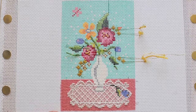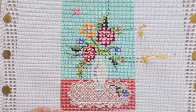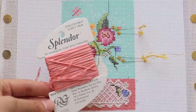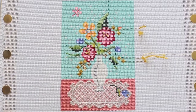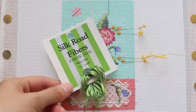Next, I really wanted the focus to be on the doily, so I just did a basket weave stitch in the background here with 3 strands of Splendor Strandable Silk by Rainbow Gallery, color S1095. I used straw silk for the leaves, Silk Road Fibers straw silk in the color Mary Jane,